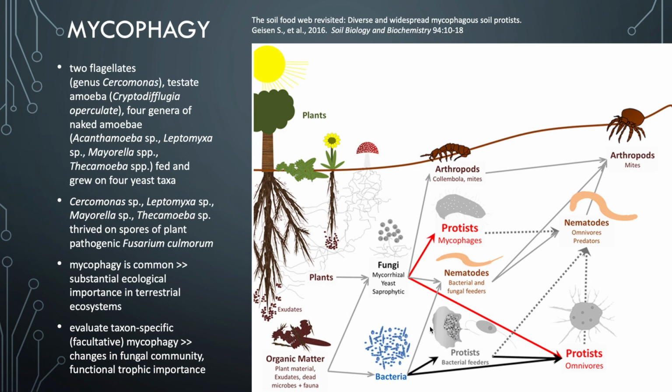And this is really important because, as I said earlier, all these relationships really determine how nutrients are cycled within the soil food web. And the more complex this soil food web is, the greater the biodiversity of organisms, and that translates to above ground biodiversity and supports more biodiversity in plant communities as well as a result. So it really ups the ante in terms of what's possible above ground if the soil food web is complex